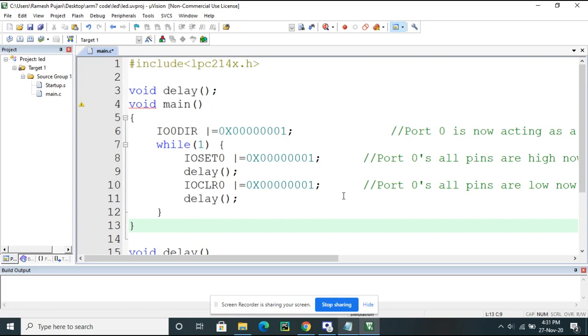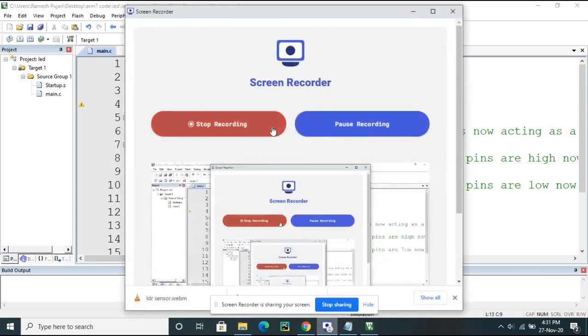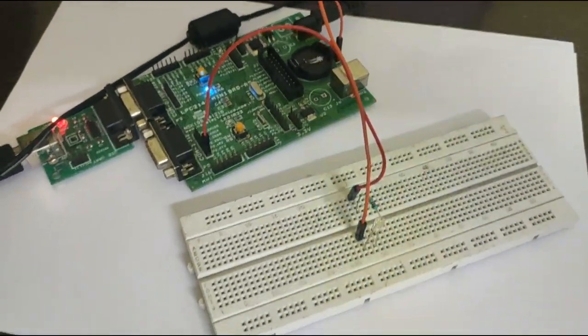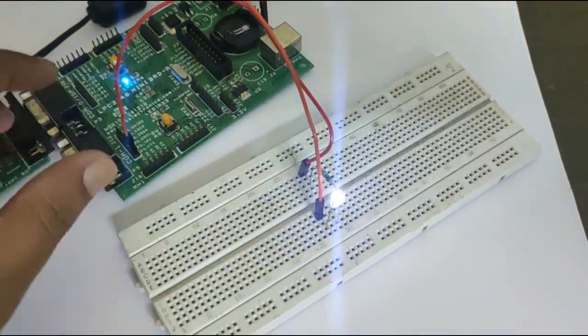Now I will show you how we are getting the output on the LED, and the pin connections. Here you can see the output. This is the continuation of the previous video.